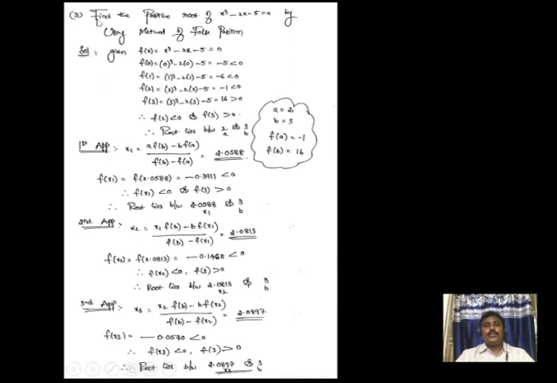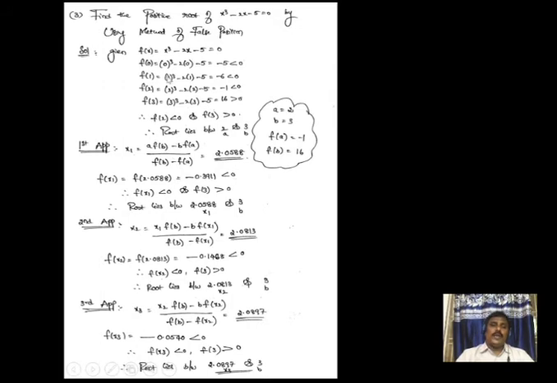So next we are going to see the third problem. Find the positive root of x squared minus 2x minus 5 equal to 0. Based on the intermediate value theorem, f of a is less than 0 and f of b is greater than 0. So a is 2 and b is 3. f of a is minus 1 and f of b is 16. So the first approximation x1 equals a into f of b minus b into f of a, divided by f of b minus f of a. I have 2.088.